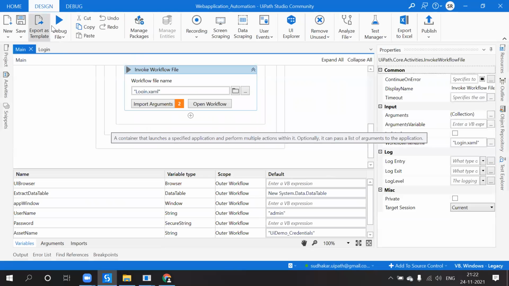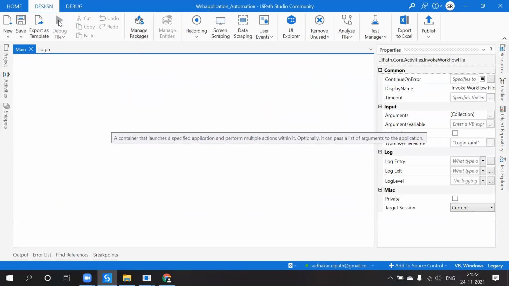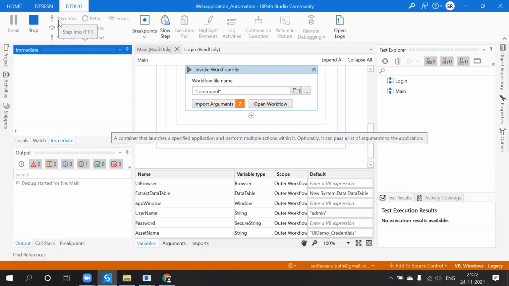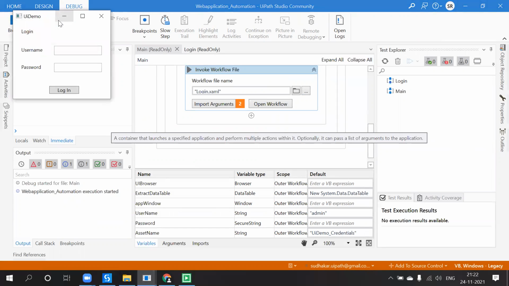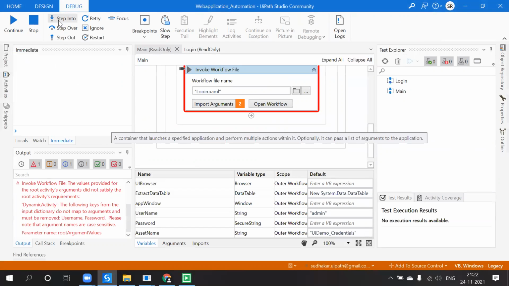Come to the main workflow and delete it. Now also the same. What is it? The values provided for the root activities were no argument.